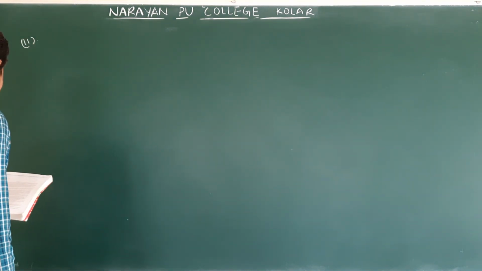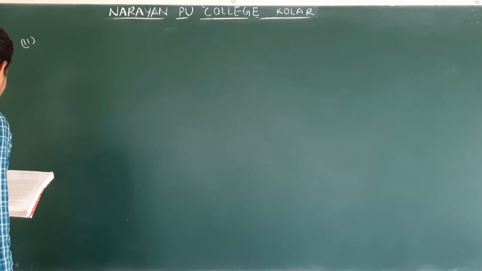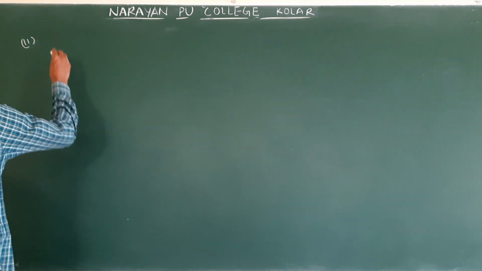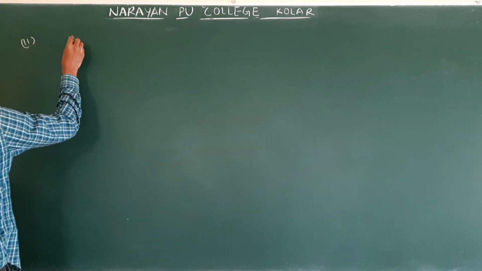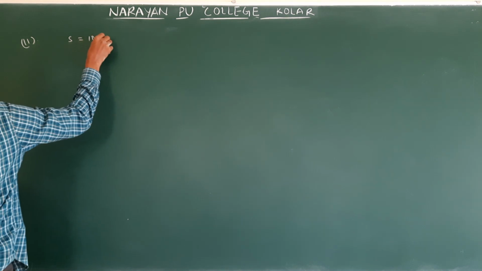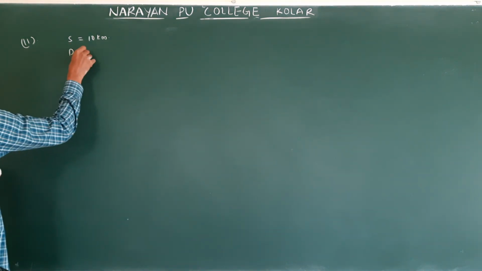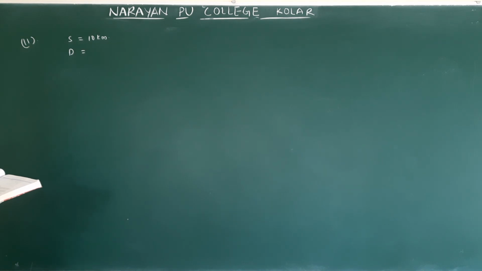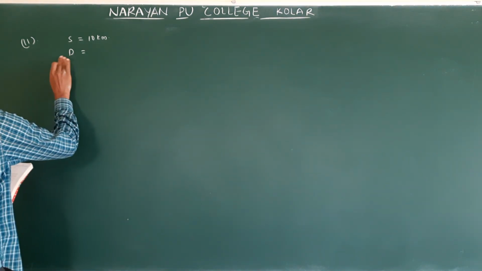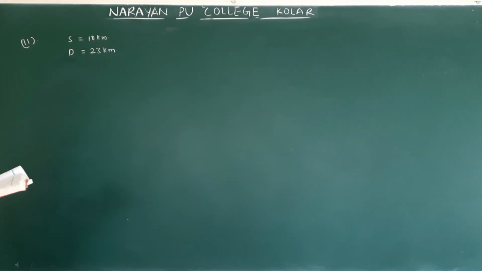So 11th question. A passenger arriving in a new town wishes to go from the station to the hotel located 10 kilometers away on a straight road from the station. So the displacement, the straight distance from hotel to station, is 10 kilometers. The dishonest cabman takes him along a circuitous path of 23 kilometers. Instead of going straight, they took 23 kilometers. The path length he followed is 23 kilometers. Same station, same hotel.